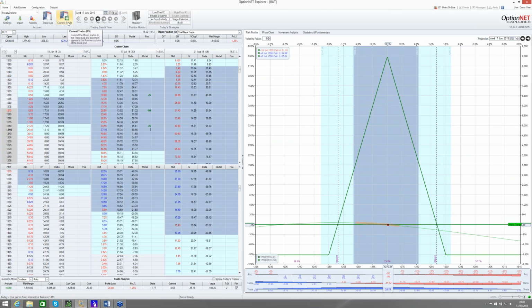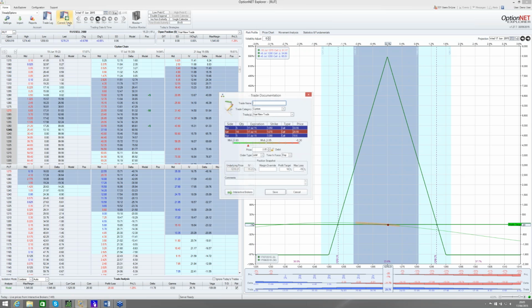It doesn't go to the broker, it's just for your paper trading. So again, we have the exact same trade documentation window. Again, you can enter a helpful trade name, category, start new trade because we're opening a brand new trade, adjust the fill prices,